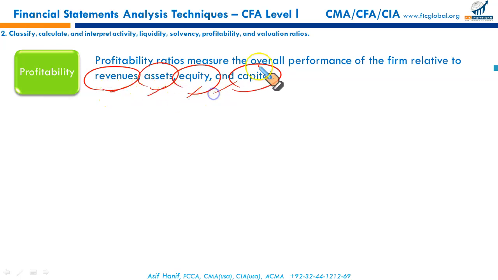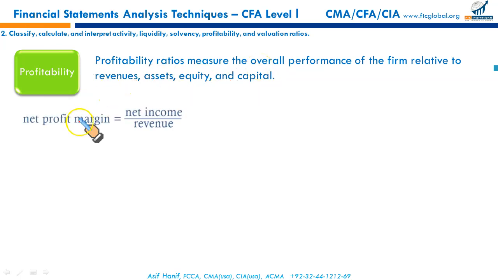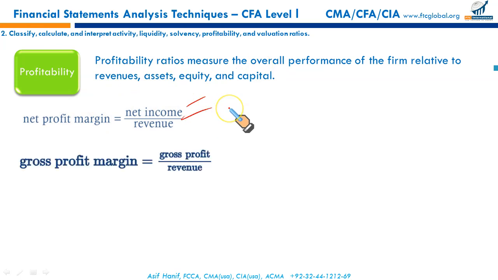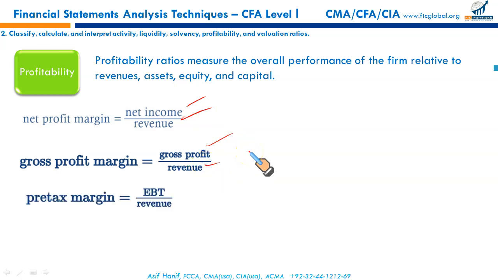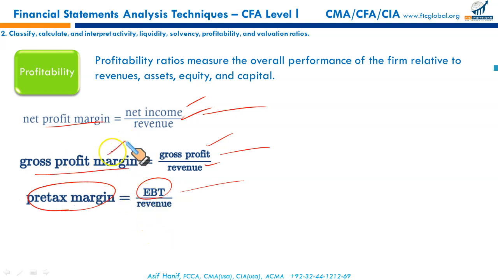these denominators. First one you are quite familiar with: net profit margin, net profit upon sales. Gross profit margin, also called the trading profit, is gross profit upon sales or revenue. Pre-tax profit, operating profit. This is earning before tax, of course, after interest, upon revenue. So these are different levels of profit. We discussed in our income statement that the profitability can be measured at different levels. So these are the net profit after interest and tax, operating profit, EBT, and the gross profit is the trading profit. These are the different performance measures.